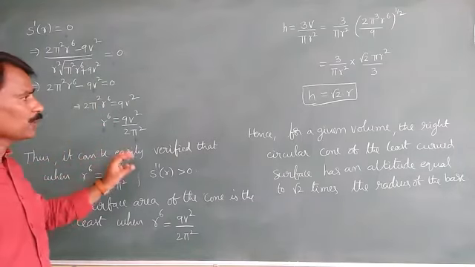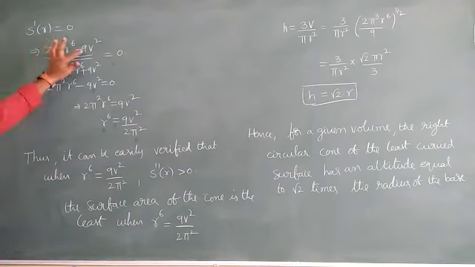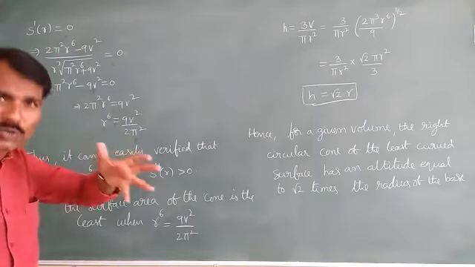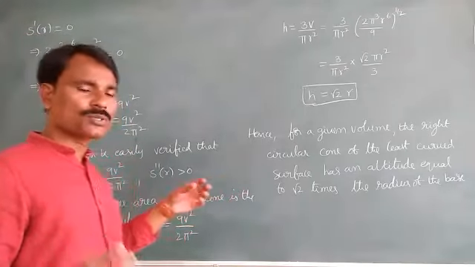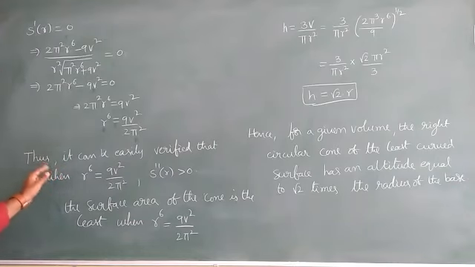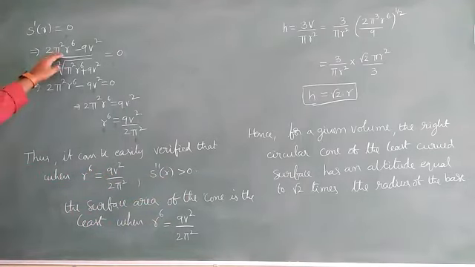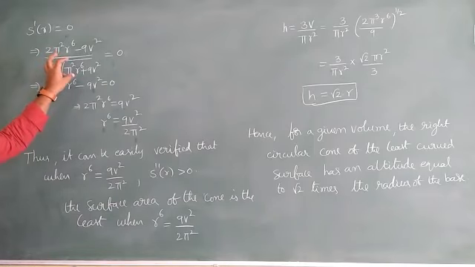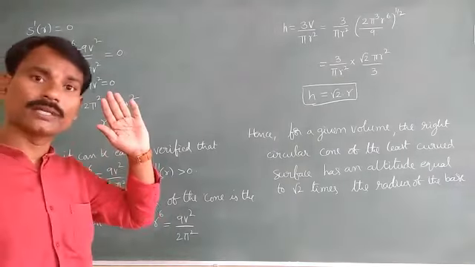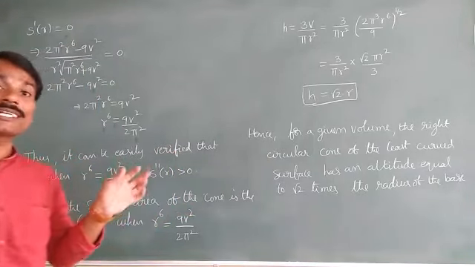What we are saying is, if you take the double derivative of this function, with f of x as the numerator and g of x, we would get a much longer explanation. So easily, we can do it this way. That's what we are writing here. Thus, it can be easily verified that when r⁶ is equal to 9V² by 2π², S double dash of r is greater than 0, because almost all terms are positive. If you do the first derivative and keep those values, a positive will definitely come, because the question uses the words least curved surface area, so we will not change the condition.